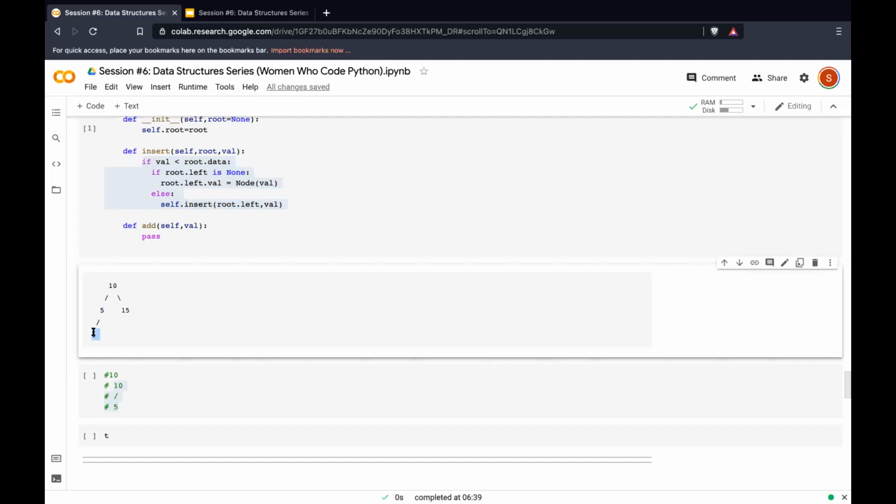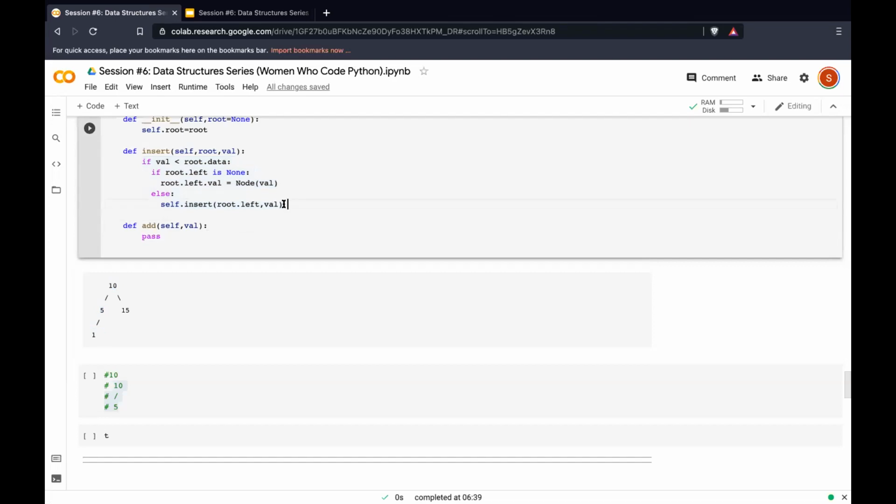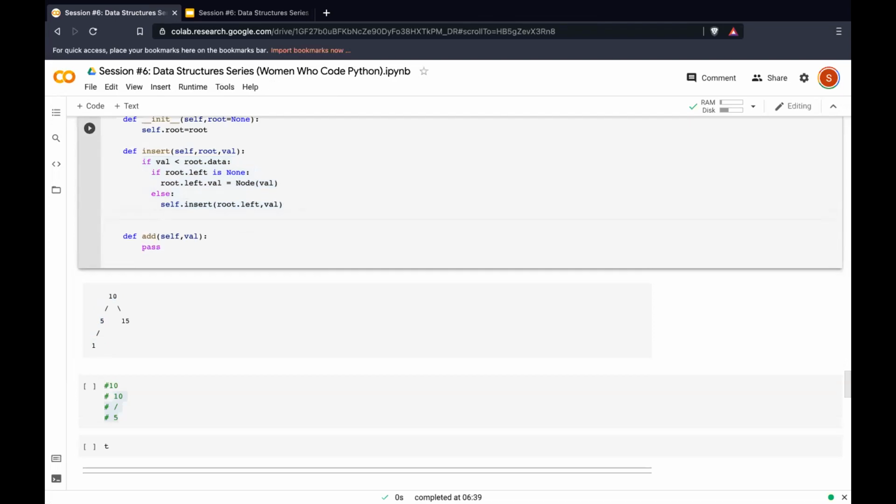So if I have to add -1 or 0, I essentially need to add it to the left child of this 1, which is currently a leaf node, right? Similarly, what do I do if my value is greater than your root node? So